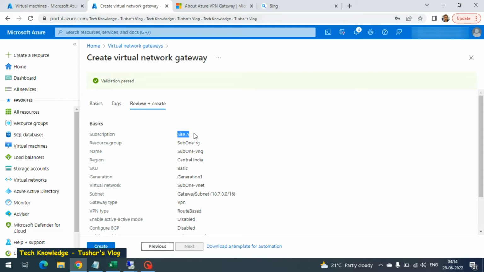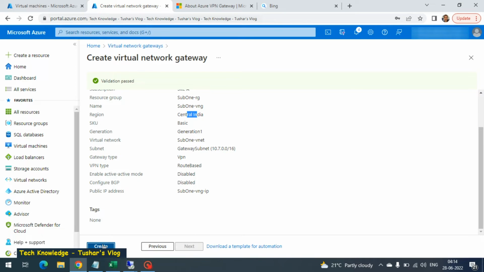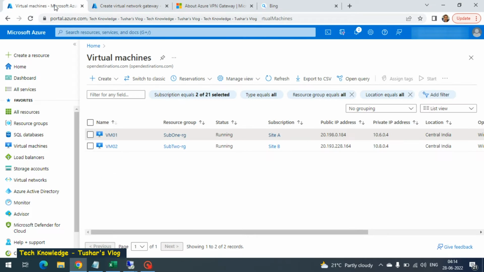This is my site A. This is my resource group. This is my VNG name. It's in India. Basic. Looks to be fine. Let's go ahead and click on create. So in the meantime, while this gets done, let's create the VNG,